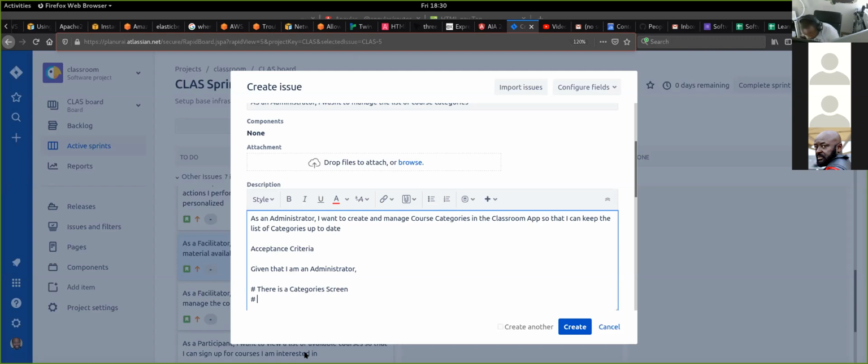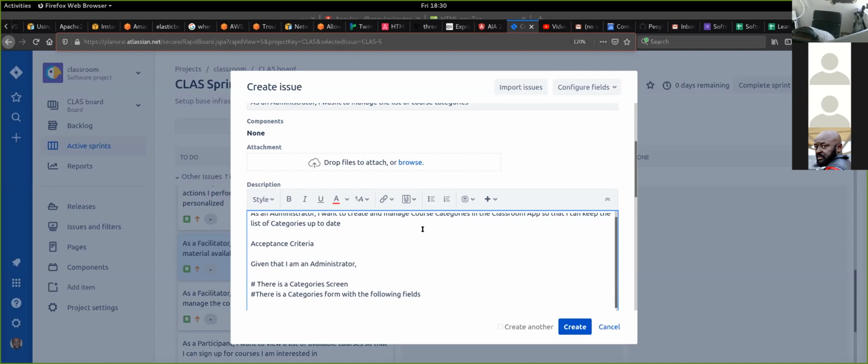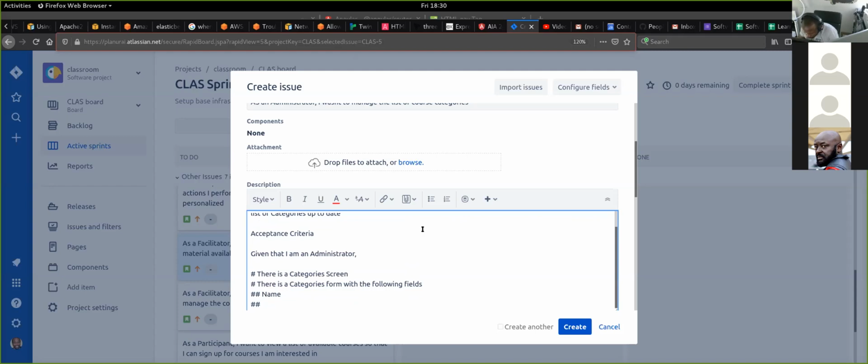And let me not go into details, but I will just say that there is a categories form with the following fields, right? Name, description, okay? And then we'll say that